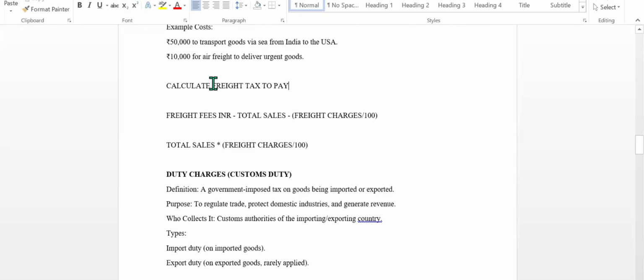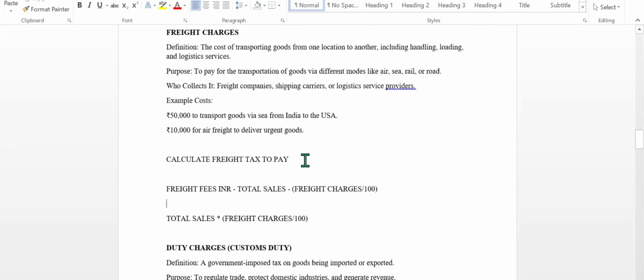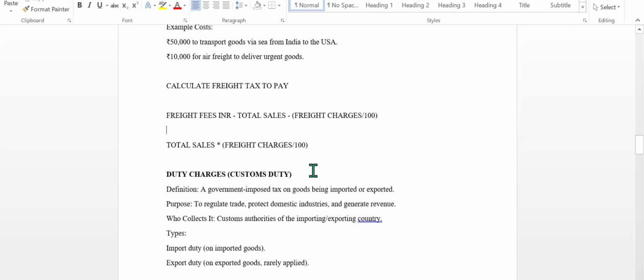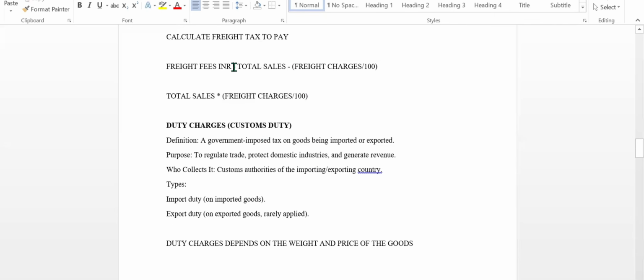So how do we calculate the freight tax? Freight charges minus total sales minus freight charges divided by 100, because the freight charges are in percentage. Okay, freight charges are in percentage. This is not minus, this is equal to. Okay, and the next